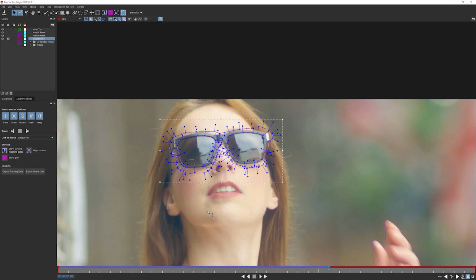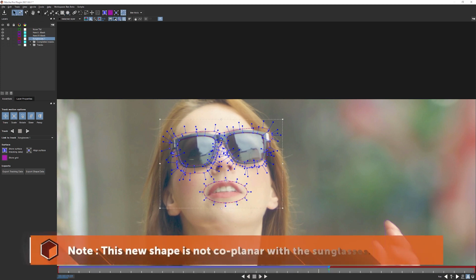The other thing that we can do is try to give it more good data as well. And we've seen this in earlier exercises where we've added shapes in, coplanar shapes, to try to coax the tracker into the right position. And I'm actually going to experiment with that here as well. So I'm going to come into my ellipse tool and I'm going to go ellipse X-spline plus. So this is going to add a shape to my sunglasses layer. I don't want to create a new layer. I just want to add to this one.